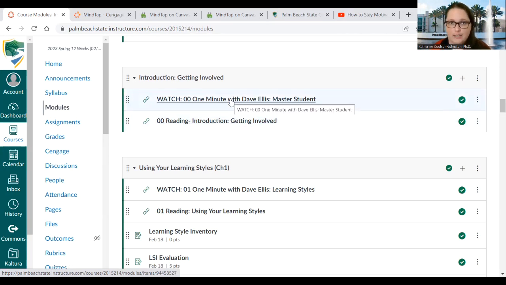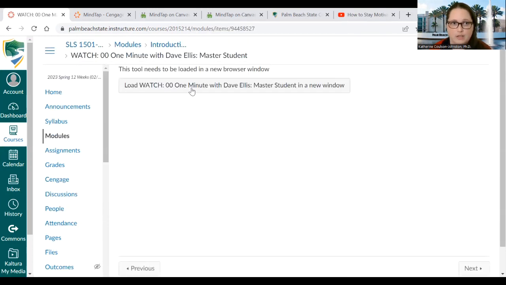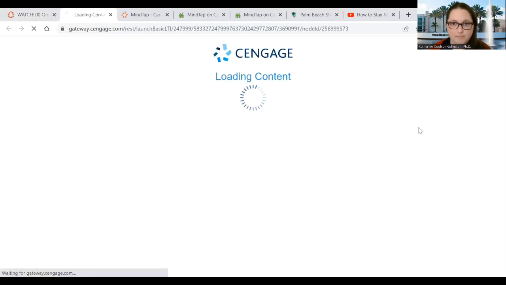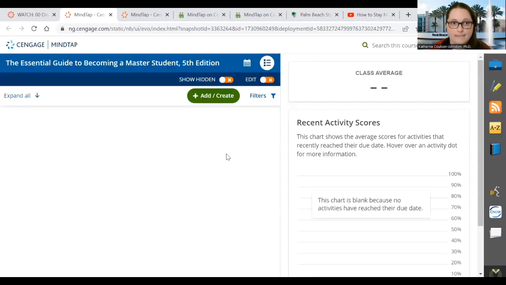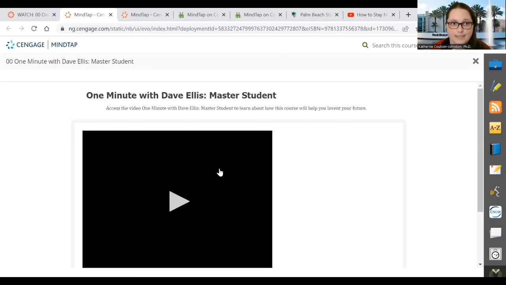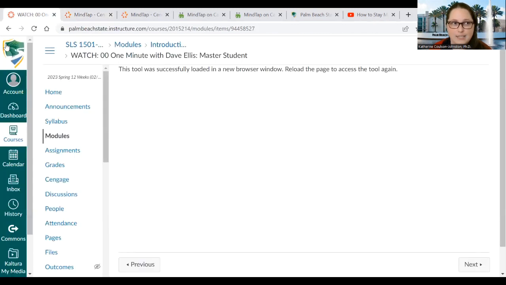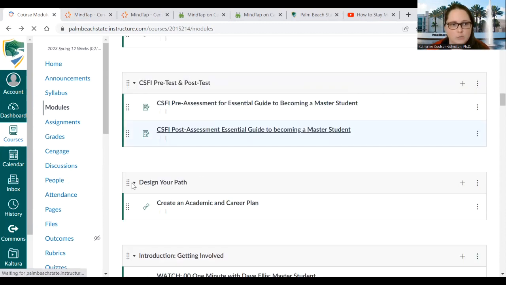Again, if you've already activated your account, when you click this, the next browser requirement window pops up. You click on that, and it takes you to the video. Again, it's 1 minute, 60 seconds with Dave Ellis. So it's a really helpful tool, it brings context to the chapters. These chapters are really reader friendly in this book.